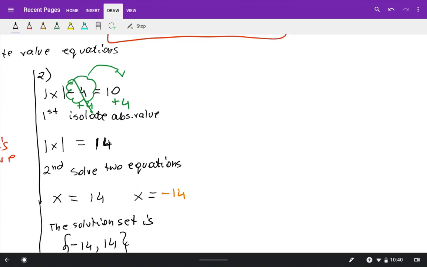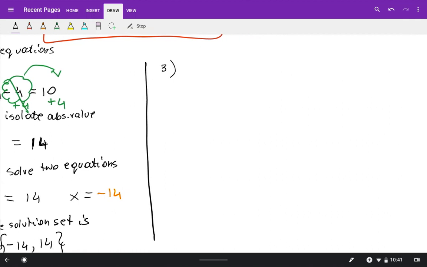So before you start solving two equations, make sure that you isolate the expression with absolute value. That means only the absolute value should be on the left side, everything else you move to the right side. And you have an equation which looks like this: absolute value of x equals 0. So if you want to break it down into two equations, you will say, okay, x equals 0 or x